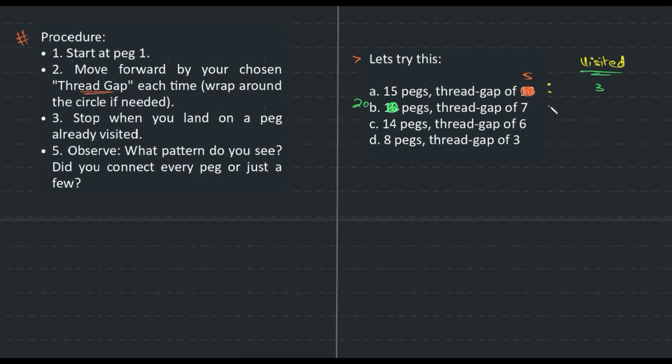So here we visited all. So there are 20. Here we visited 7. Last one we have